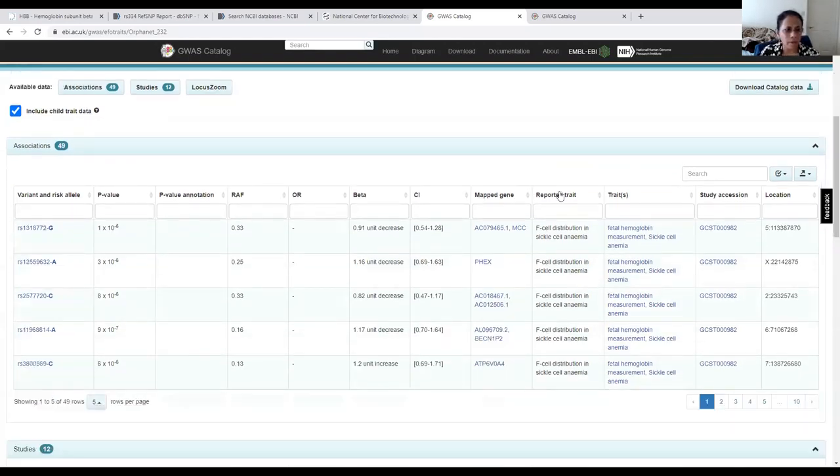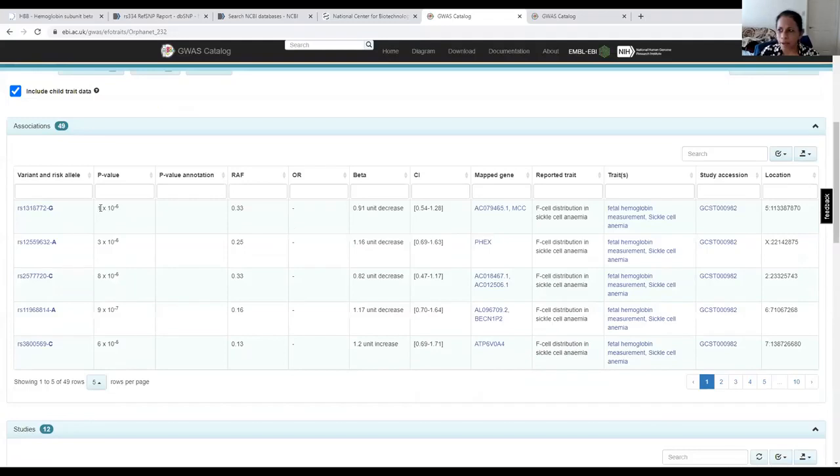So what it actually gives you is all of these different variants. And then it also gives you a p-value, which is a statistical significance to see whether something is significant or not. And I'm sure you've been taught so many times that this is very, very significant, and this is very, very important, right?